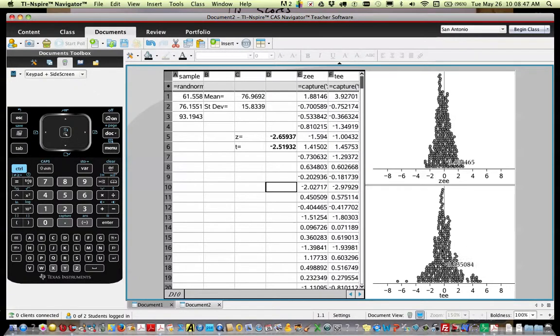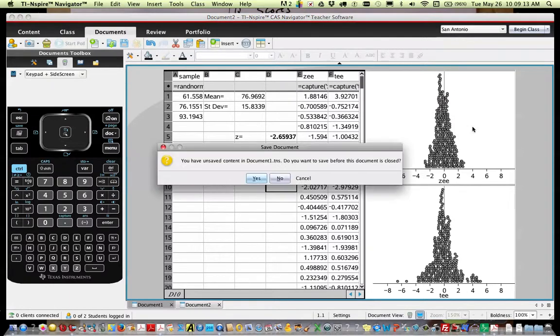All right, and then the other thing you should notice is that this is fairly normal looking. Okay, when I say normal looking, I'm saying it's mound shaped, but I'm going to say that the big striking difference here is that this distribution has a range of about -3 to +3. This one's got some of these numbers that are out here a little bit further. All right, and this one's got more variability than this one does.